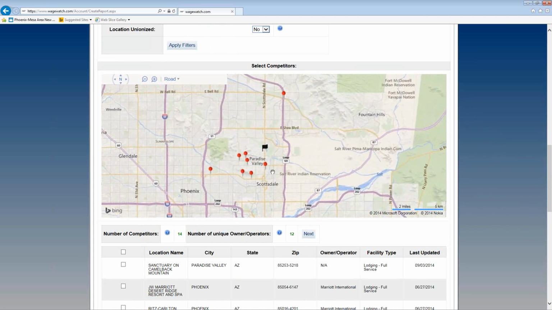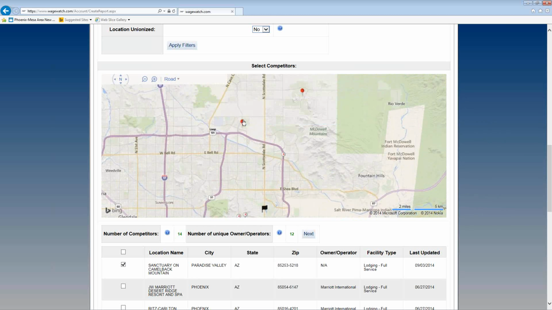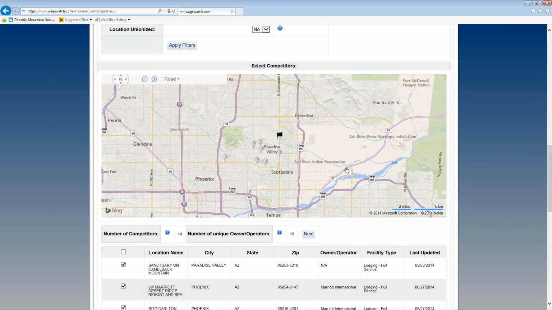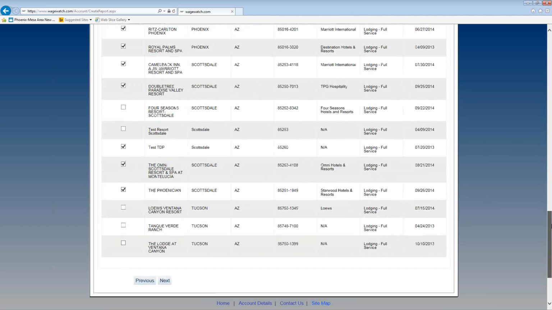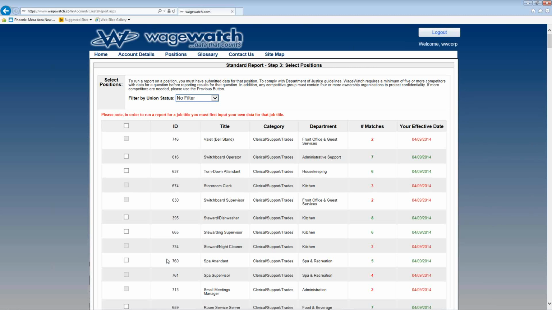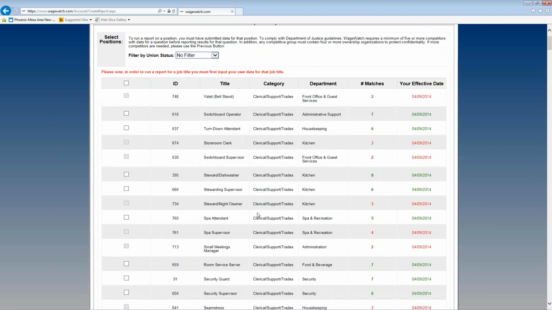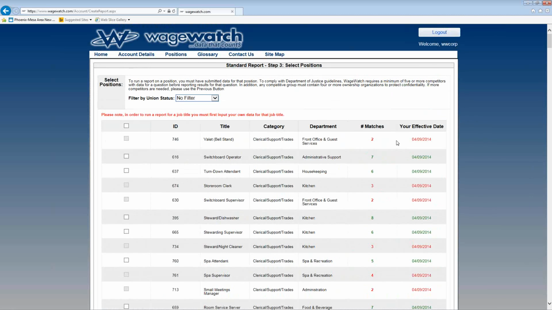And then from the map or the list, I can start clicking off my comp set. So then once we select our comp set, I'll click Next. And that's going to give us a list of job titles. All of our job titles that we have data entered for, we have an effective date